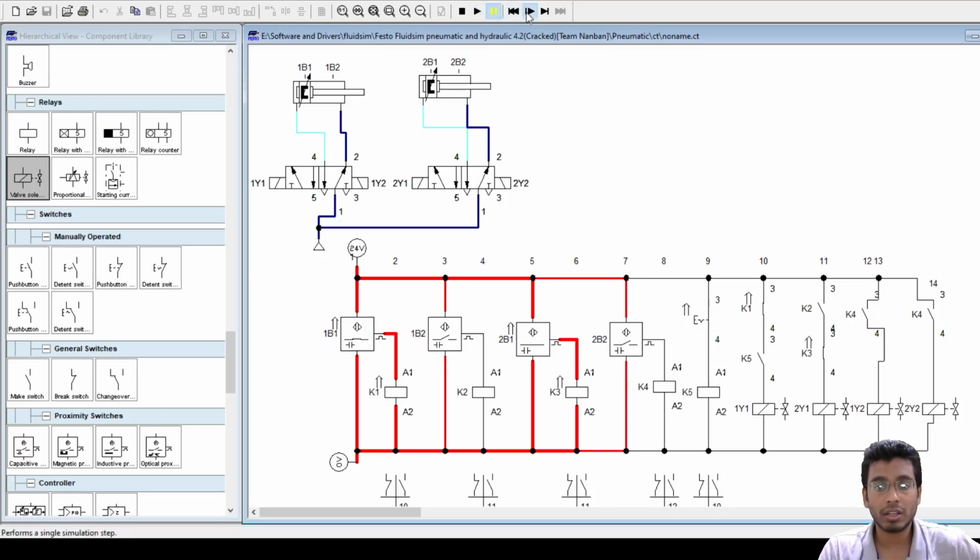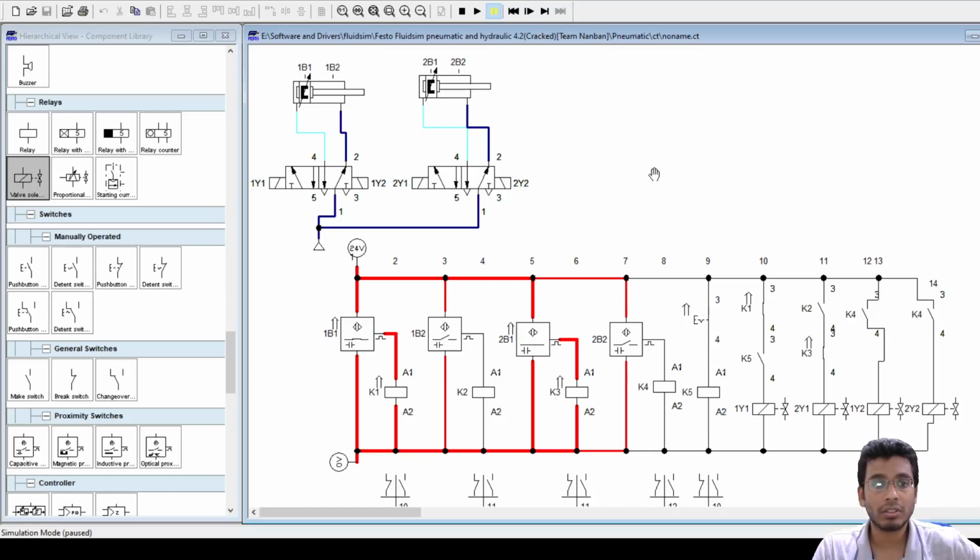Yeah, so there is some problem here. So you have your K1 and then your K3. You are pressing switch 1 to your K5. So the control switch is the enter switch, which will be manually pushed. I have pushed that. No, but that will not be interlocked with 1Y1 and 2Y1, like the connection in pneumatic, sir.